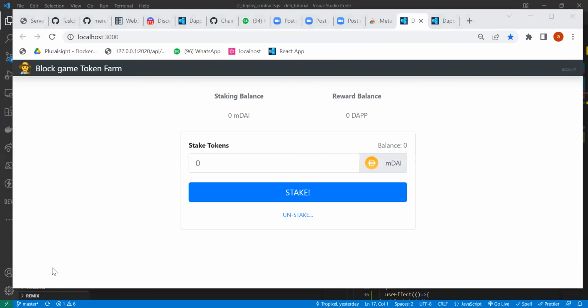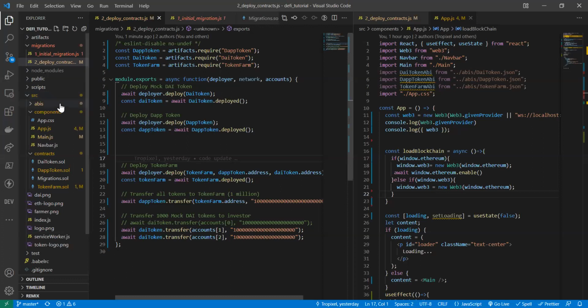Yeah, so this is a simple UI that would actually interact with our smart contract. So how does our UI try to interact with our smart contracts? This is where the ABI comes in. When I'm saying ABI, I'm actually saying